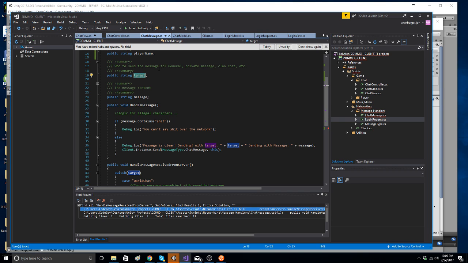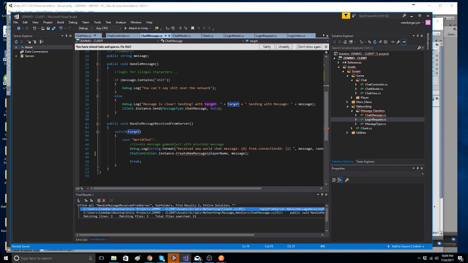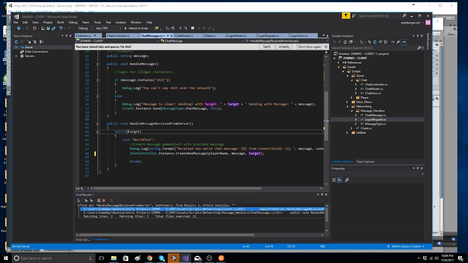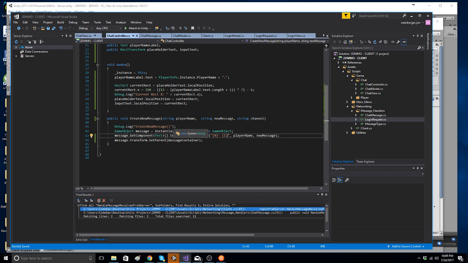Let me see. So switch target, we have case world chat, controller instance, and then we create a new message. And so here we go. Here we're in the world chat, and we're going to go ahead and say string channel, and we can just put in target right here, because if we made it to this case, then target would equal world chat. And we'll switch through target again on the other side. So we're passing in the player's name, their message, and the target. And what we'll do with the chat controller here is we create that message,